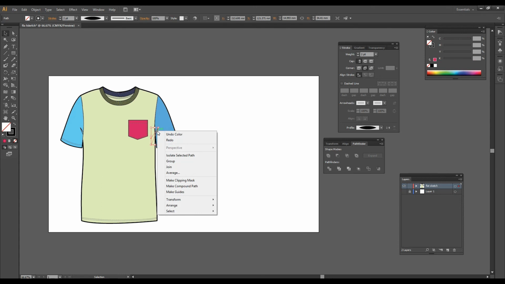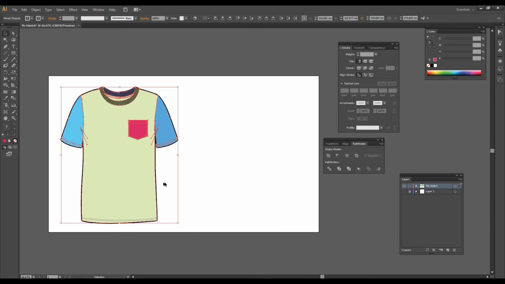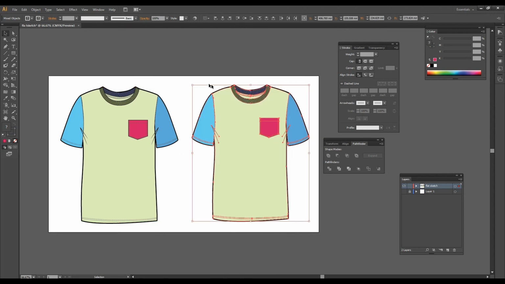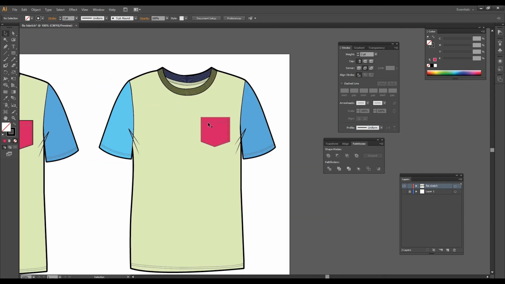So just check out this line should be black, and this line is on background, so we'll just click and arrange to front. Just click and arrange to front. Now we'll copy this whole t-shirt. So make sure every part is selected, and just press Alt key to copy and paste. And we need to make a back panel, because this is the front and this we need to make a back panel. We don't require this part, so we'll delete it.